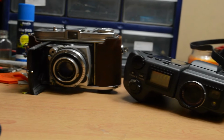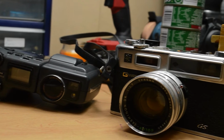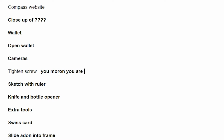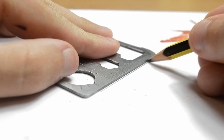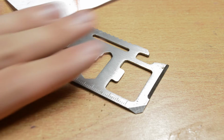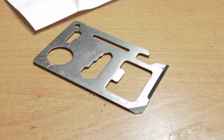I use cameras a lot. All my jobs involve cameras and camera work, and I found the flathead screwdriver on these cards to be ideal for tightening tripod screws. I also like to sketch and find the small metal ruler on these to be a nice thing to have. And finally, the bottle opener is useful sometimes as well, and the knife suffices for opening